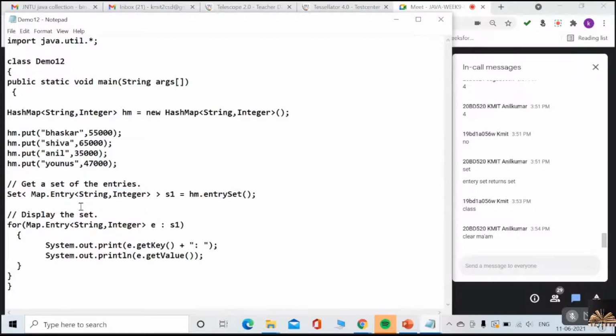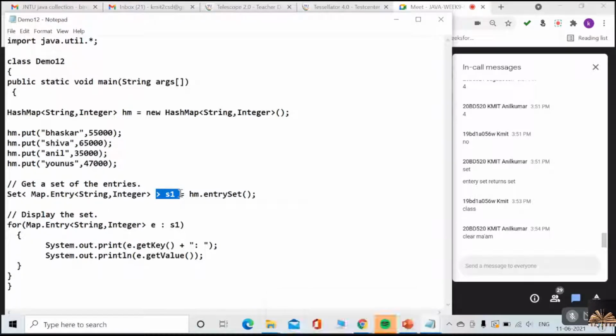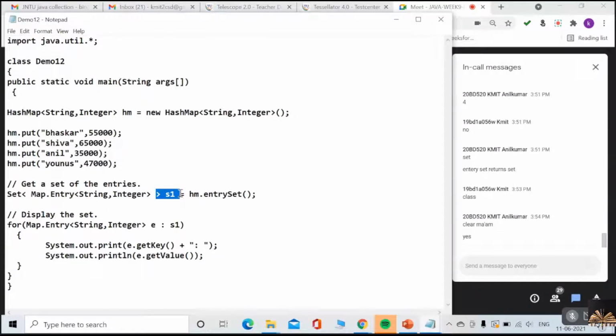Now have a look at this. Now I have to iterate, and now I can iterate S1. Do you agree with me? Now I can iterate the S1. I can use for each directly. No, there is no doubt. So how I am using it, look at that. Here S1 I am having on my right side. I am telling from which I have to iterate. And E is the entry. E is the first entry for each loop. Each time it iterates one entry of your set.